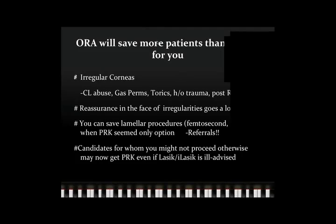I think we're inundated with irregular corneas these days that are coming from a myriad of reasons: contact lens abuse, history of gas permeables or torics, trauma, and of course RK patients, AK patients. In the face of corneal irregularities, it's nice to have a little reassurance that patients, in fact, have strong corneal tissue properties. You can save a lot of lamellar procedures,